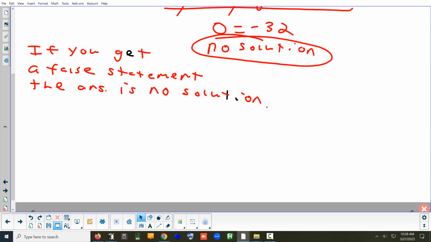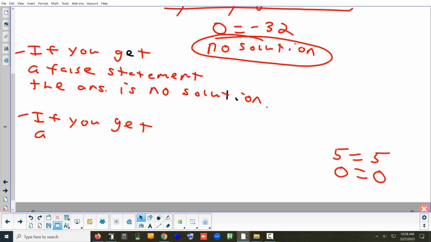Now, what do you think the opposite of getting a false statement would be? Yeah? Getting a true statement. A true statement would look something like this. 5 equals 5. Or 0 equals 0. Or something where you have the same number on both sides. These are true statements. So if you get a true statement,